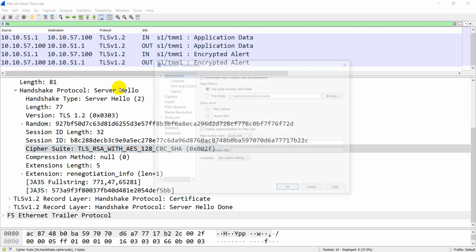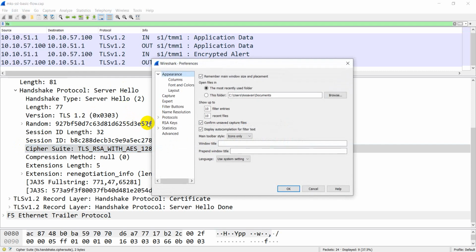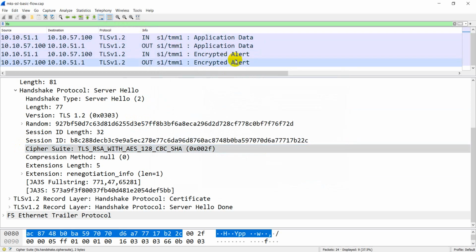I have the private key of this very old capture now, so let me use the private key to decode. First of all, I wanted to show you that it is an encrypted packet capture.